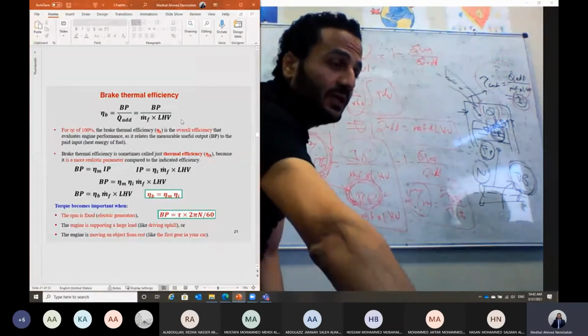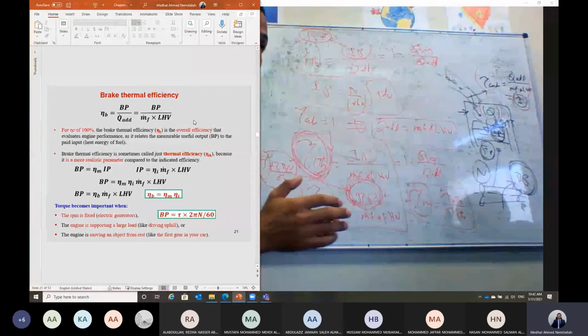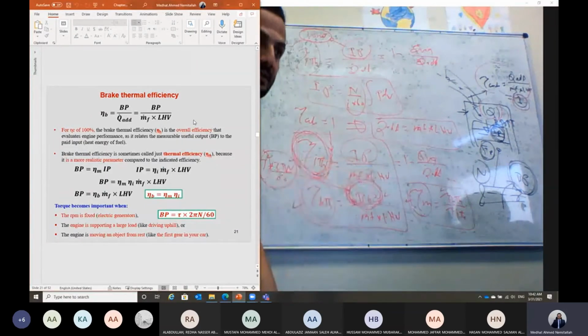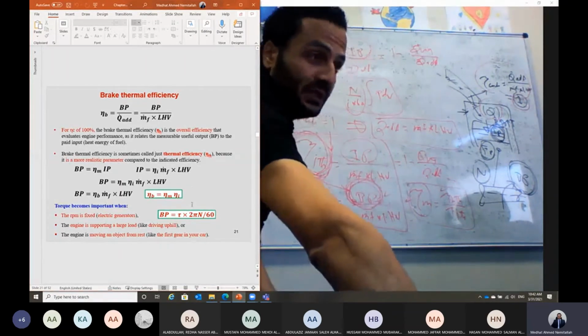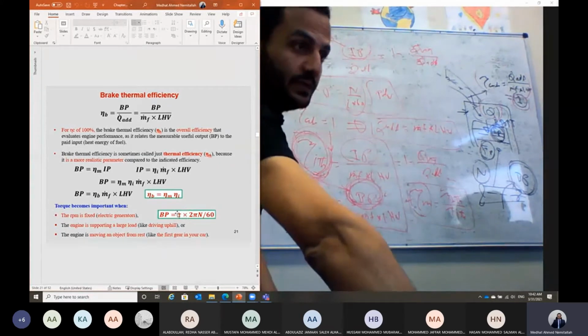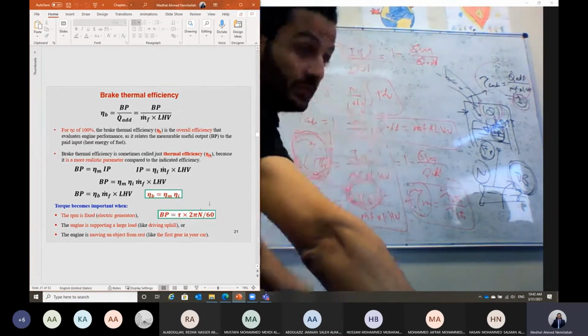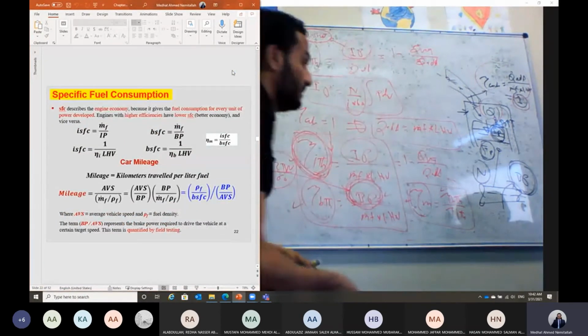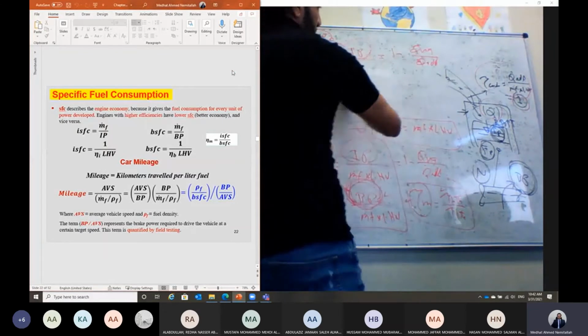So this is how we can define the brake thermal efficiency and the indicated thermal efficiency, and the ratio between both of them, brake thermal and indicated thermal, can give us an indication about the mechanical efficiency. And here is how we define the brake power, which is equal to the torque multiplied by the omega. Another very important performance parameter, in addition to the thermal efficiency,